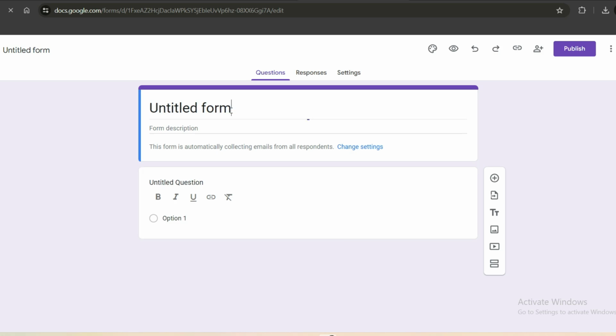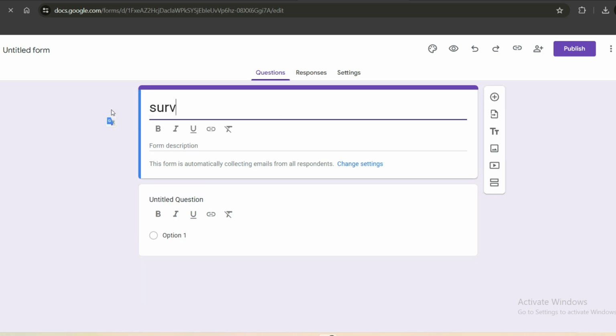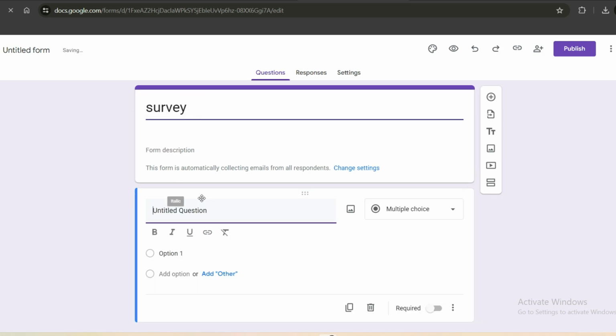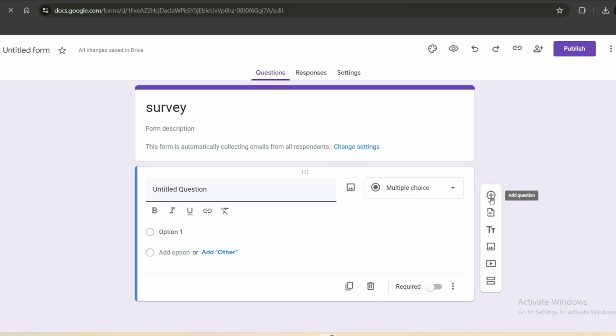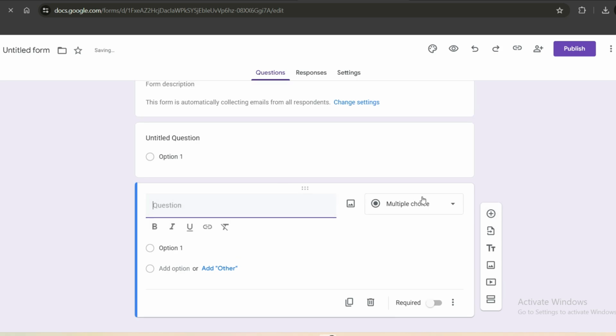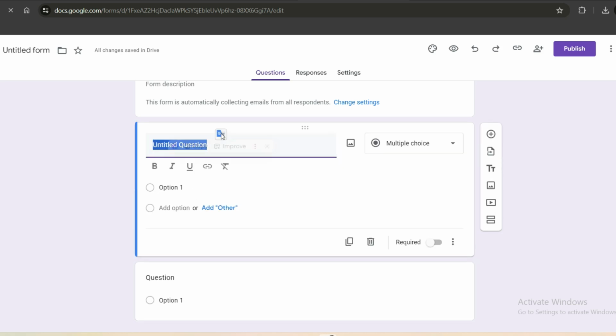Give your form a clear title that matches what it's about. Next, you'll want to add your first question. Hit the plus button on the toolbar to insert a new question. Make sure you select multiple choice as the question type because it lets you direct users to different sections depending